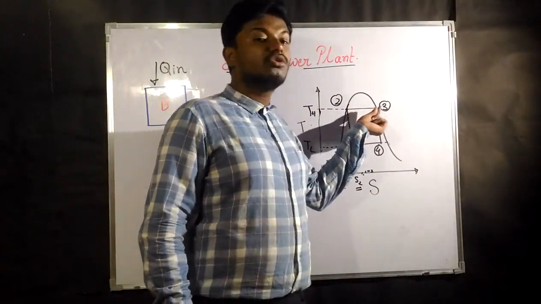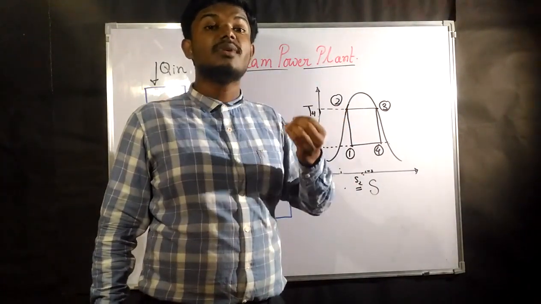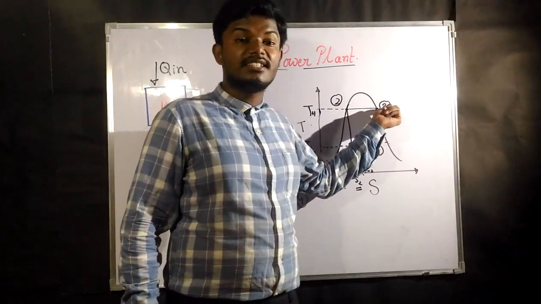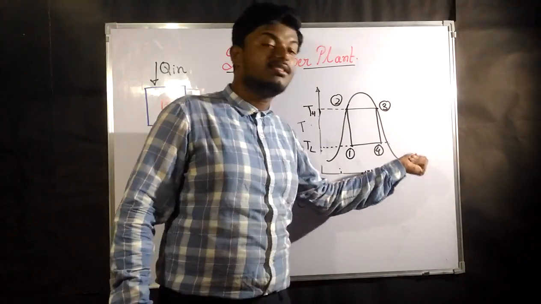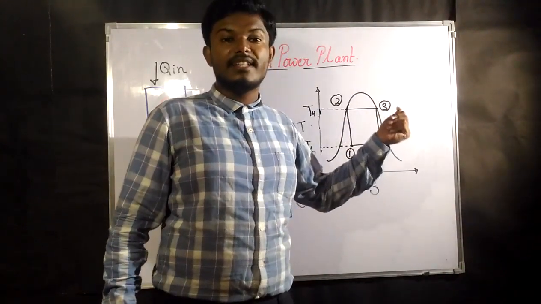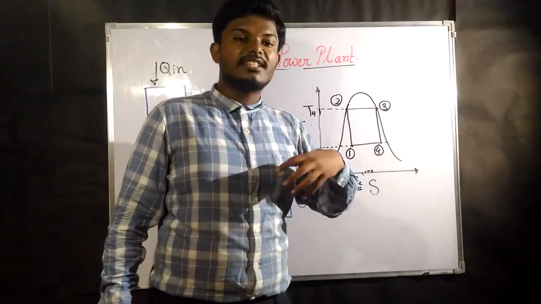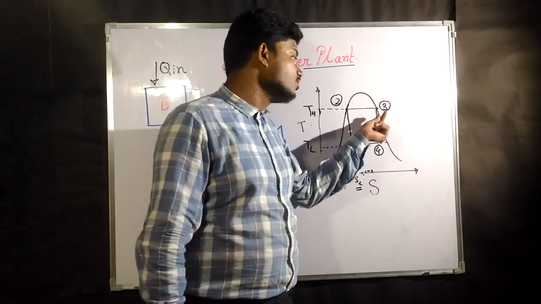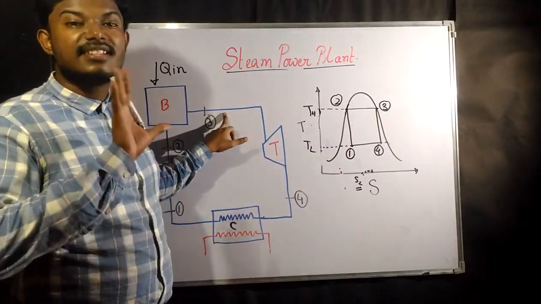Till then it is going to be a constant temperature process. Why is it going to be a constant temperature process? Because it is going to be a phase change. Now since it is phase change, it will reach point 3. Point 3 is nothing but your saturated vapor line. That means it will just finish evaporating, that is, the complete liquid has just been converted into steam. So it will come up to point 3 as just steam.